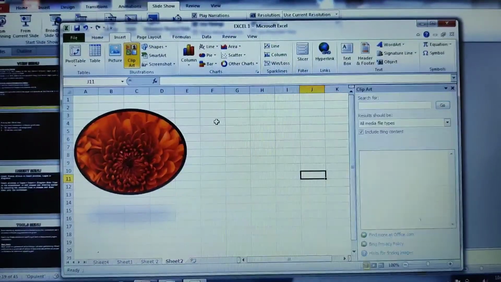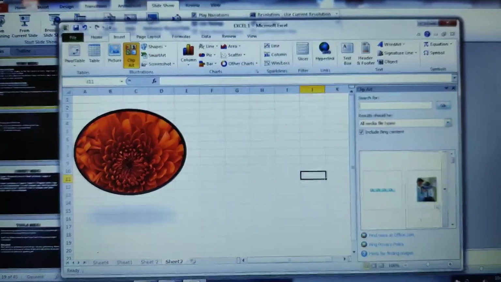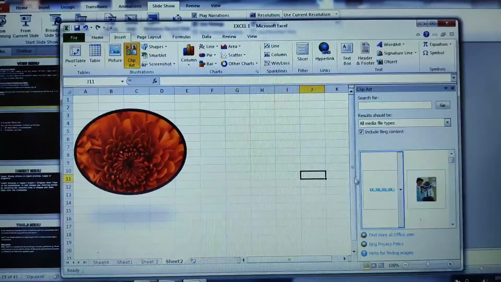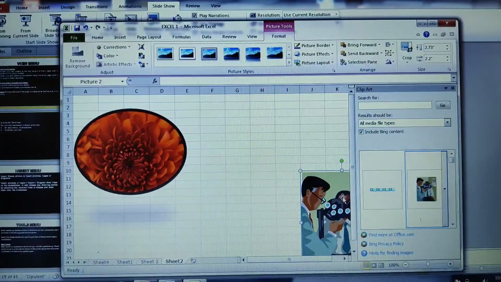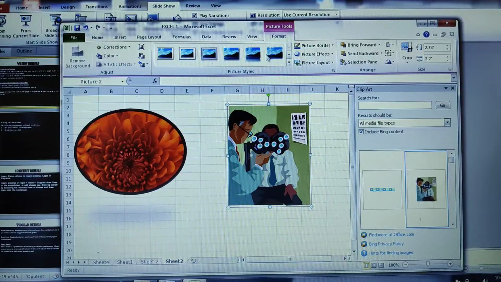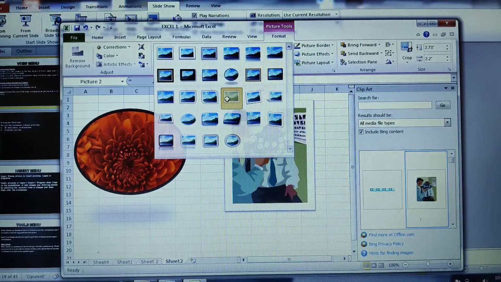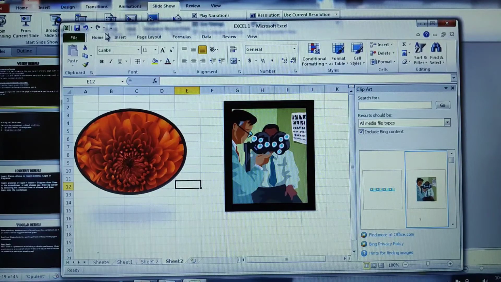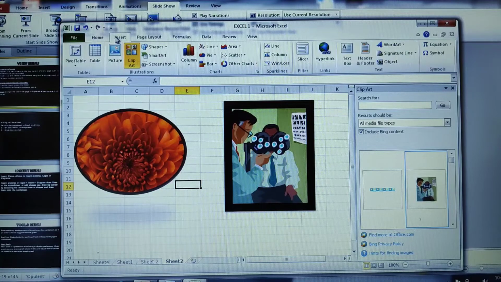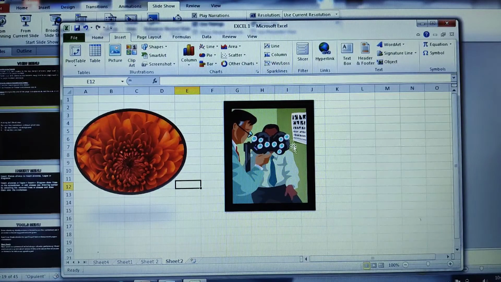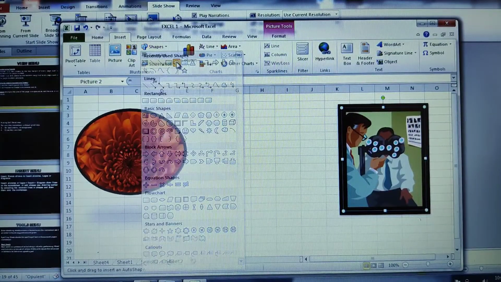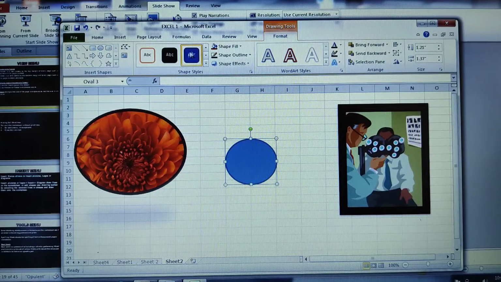Apart from that, you can add the clip art if you want, different kinds of images if you want. Just click on those pictures. Here also you can add the picture effects, whichever you want. Picture border, if you want, you can add the border this way. Plus, you can even draw. You can use the drawing tools, like we have the shapes here. You can have the shapes like this, fine, and you can make changes to the shapes.